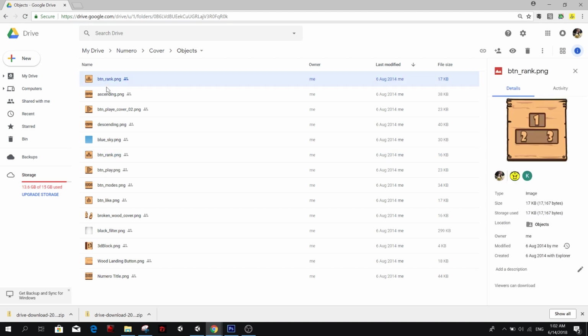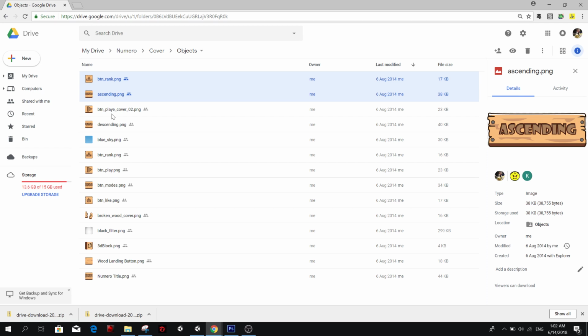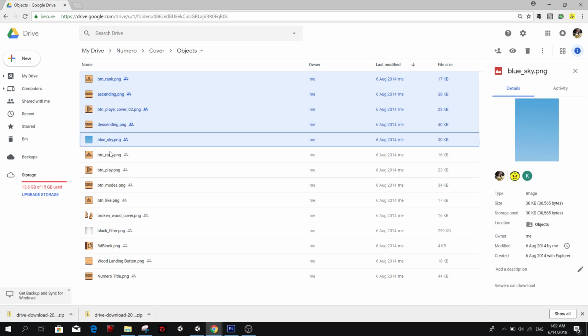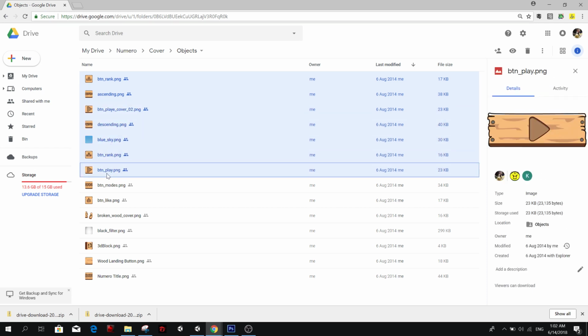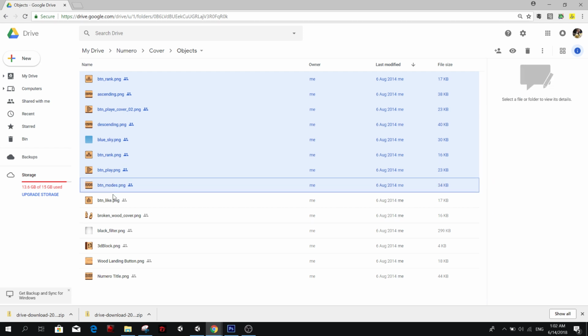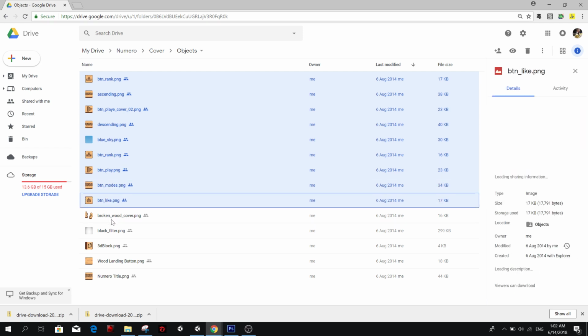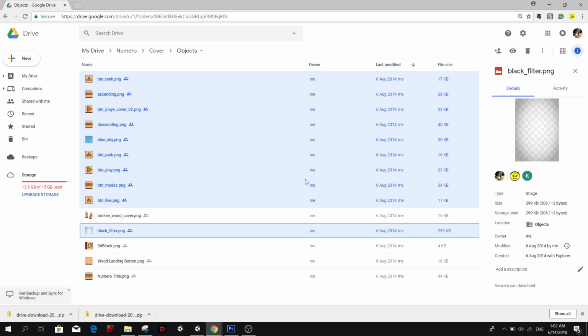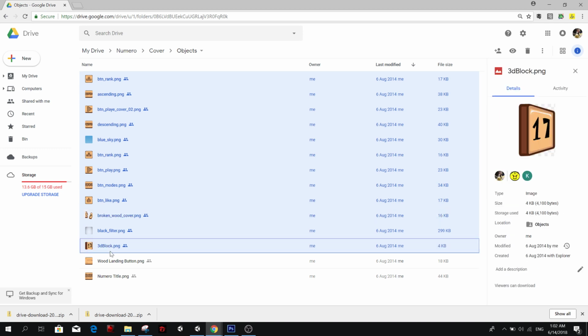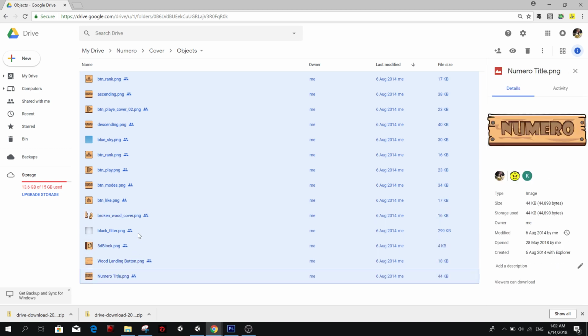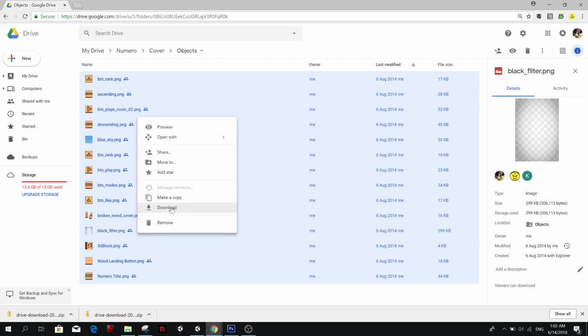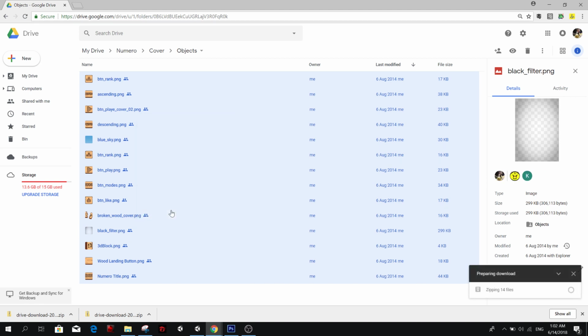Which one's better? I think I like the one on top better. Oh, is it one for when I press it and one for when it's not pressed? I don't know, I forgot. This is like 4 years ago, so I don't care. I would just take everything. What's the difference between these two? I don't know. Again, I would just take everything. I even use the black filter to make the effect. So I had a 3D block. Okay, let's just take everything, and we'll see what we use and what we don't use.